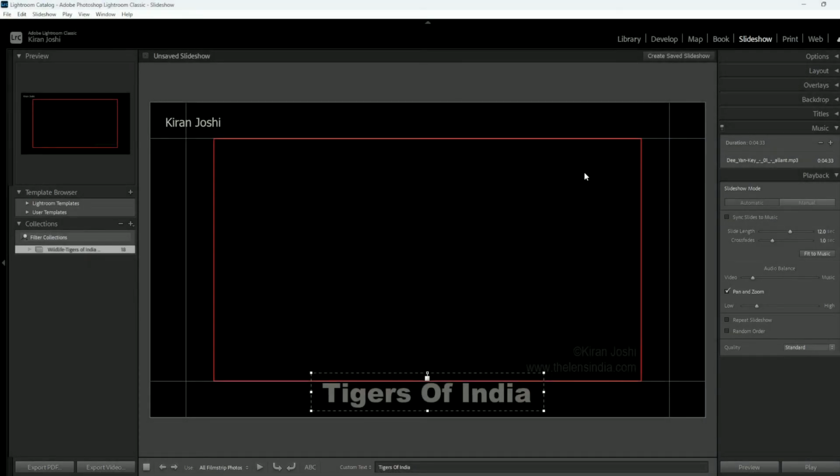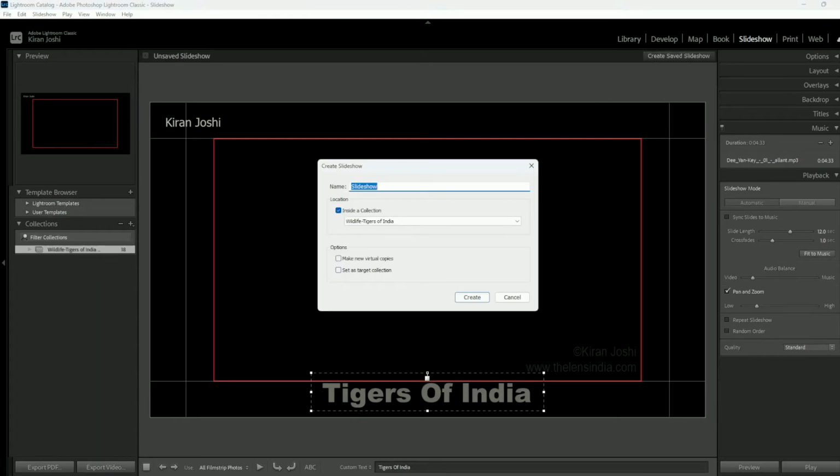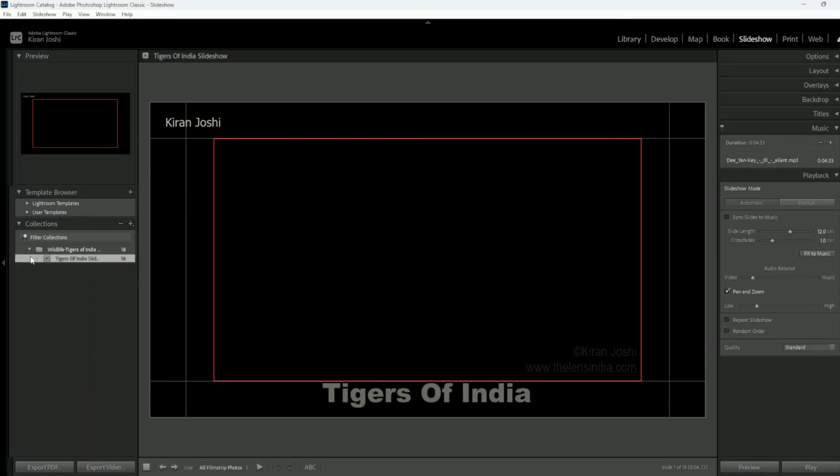So once we have created this slideshow, we can even save it. For demonstration purposes, since we have created a Tigers of India slideshow, we can create this under the particular collection we have created. If you want, we can make virtual copies, or if in future we want to add something in this, we can set it as a target collection. So just now for demonstration we'll just create it, and you'll see that under this Wildlife Tigers of India,